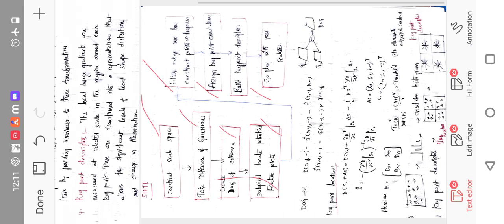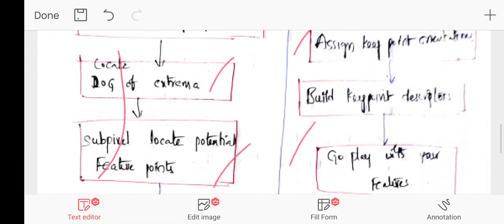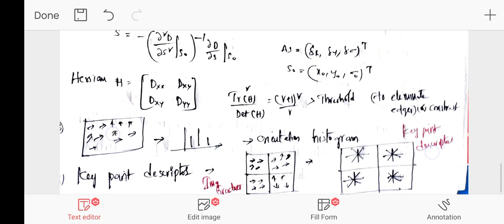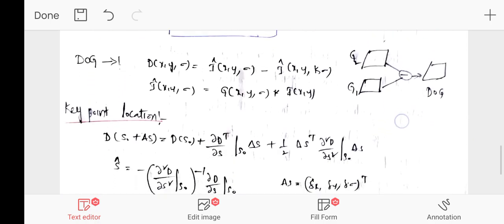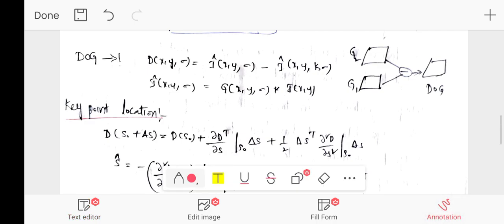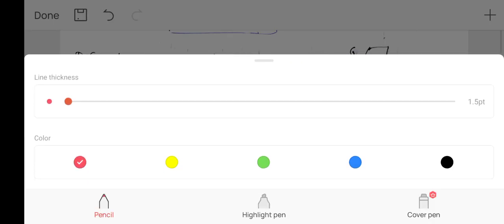So that is nothing but a very brief introduction of how we are going to perform. In the first one, DoG means that suppose you are taking any two images,